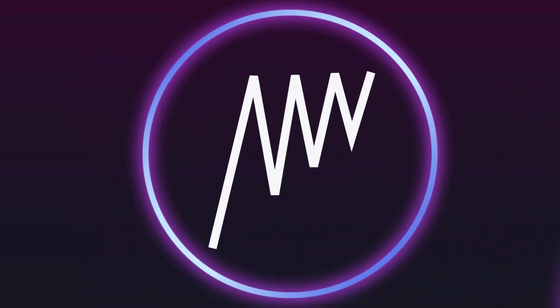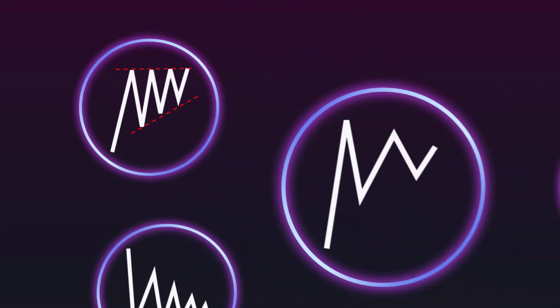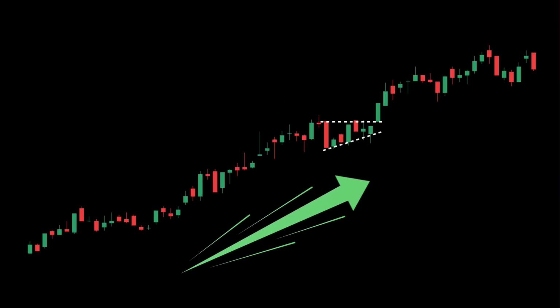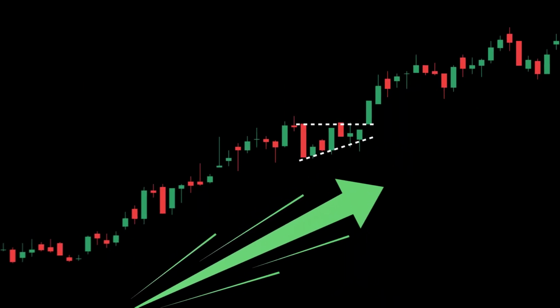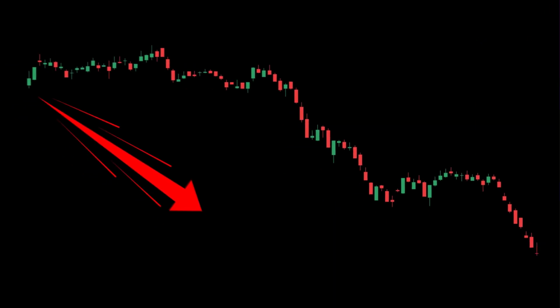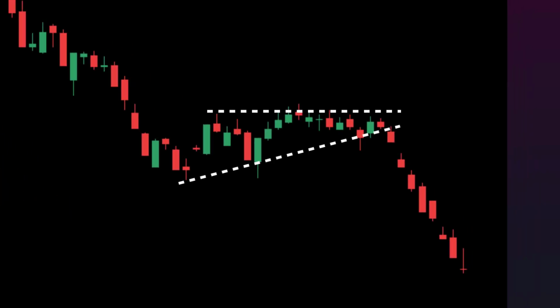First, the ascending triangle is characterized by a horizontal resistance line formed by equal highs and an upward sloping trend line formed by higher lows. The ascending triangle pattern can form in both bullish and bearish markets. In a bullish market, the price rallies strongly and then forms an ascending triangle pattern as it consolidates. In a bearish market, after a sharp drop, the price may also form an ascending triangle as it begins to